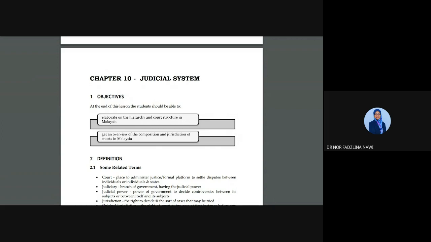This video lecture will discuss the overview of Chapter 10, which is about the judicial system in Malaysia. For your information, we classify the courts in Malaysia into superior courts and subordinate courts. We will look into the hierarchy later. But from the box here, you can see that the civil courts are the courts we consider in the civil legal system in Malaysia, in comparison to what we discussed before, that is the Sharia courts.